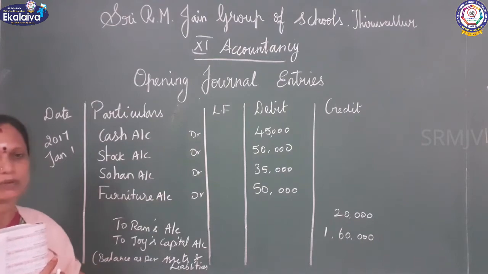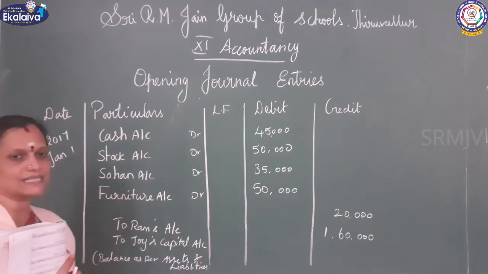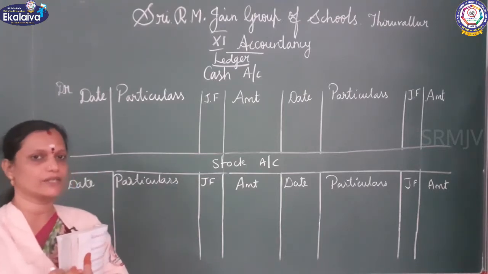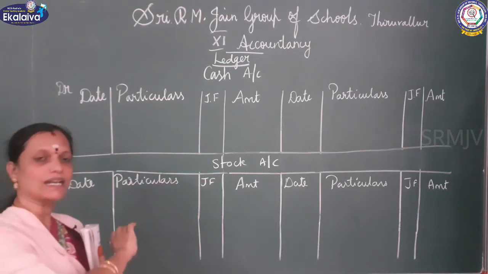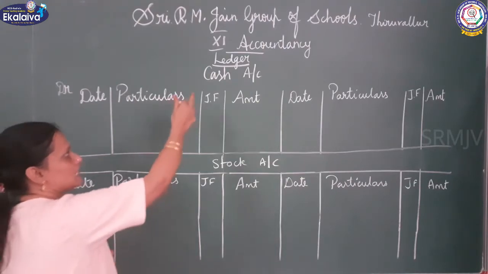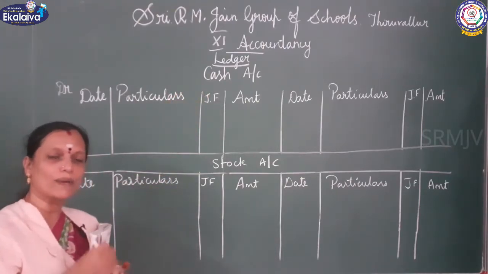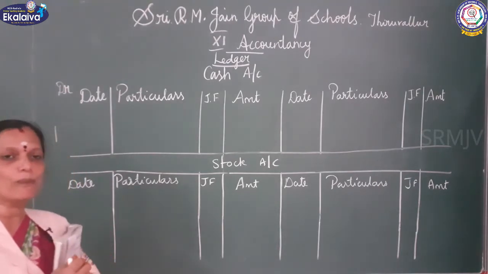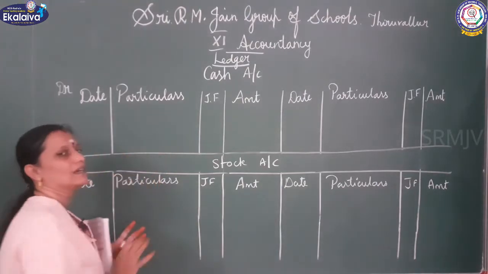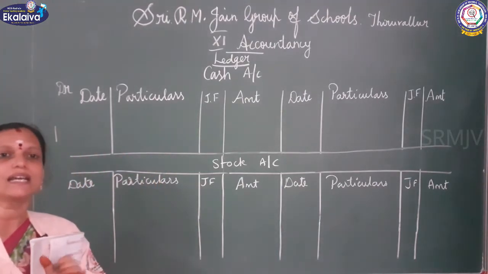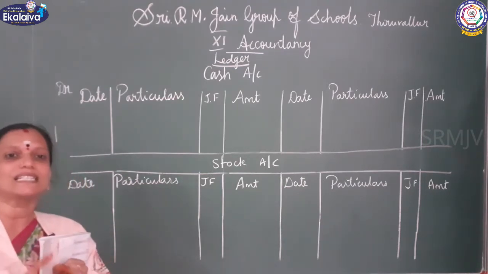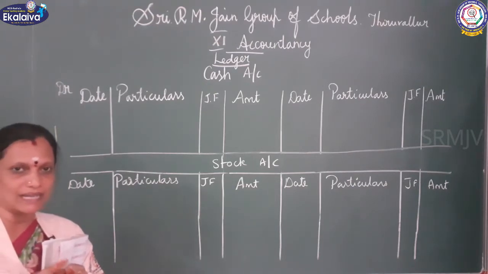After that we have to post it into the ledger. Okay children, copy this. In that I said assets and liabilities we saw, isn't it? In the journal we entered, and from that we are transferring to the ledger. Now we are opening the cash account. In this cash account, all the opening balances we have to bring here. In opening balance, if it is an asset, the opening balance will be on the debit side. So you remember children, always the assets' opening balance will be on the debit side. If it is a liability, the opening balance will be on the credit side.